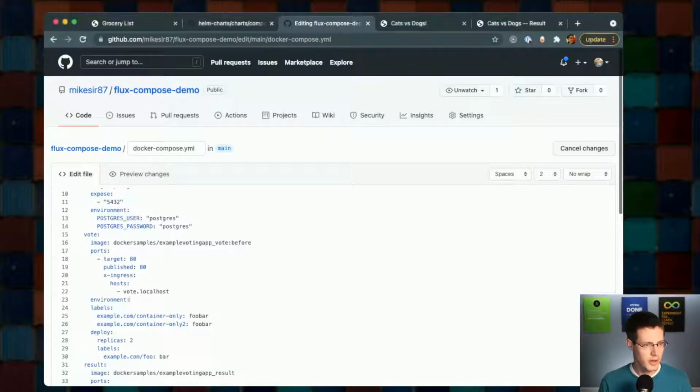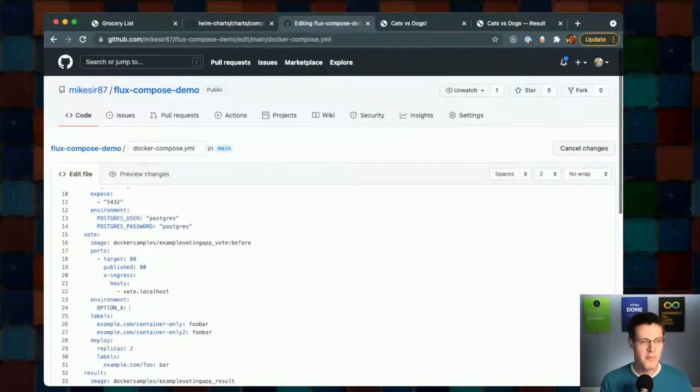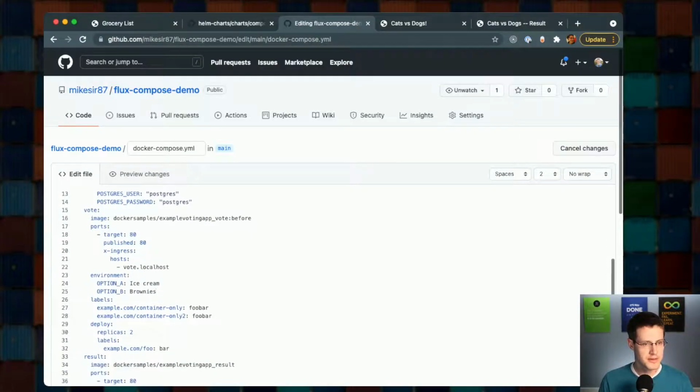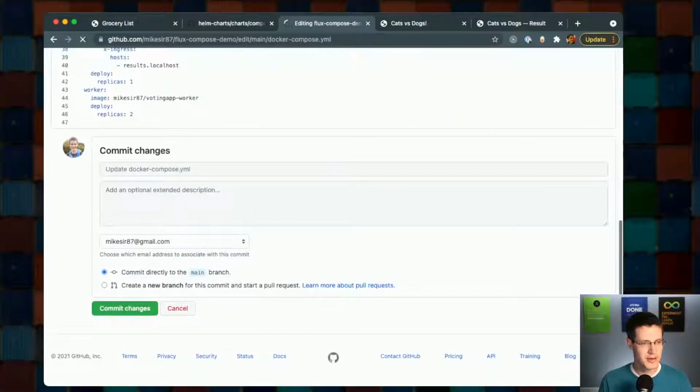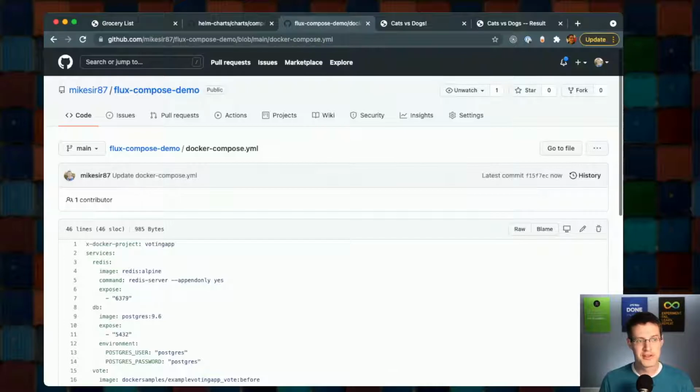Okay, sorry about that. I was making sure I had the labels right. So let's do maybe favorite dessert. So ice cream or brownies. I don't know. Okay, and let's save this. I'm just going to commit directly to this branch. And what this is going to do is